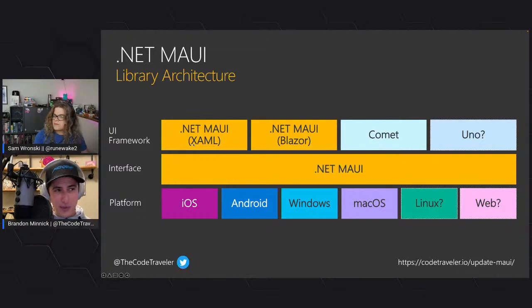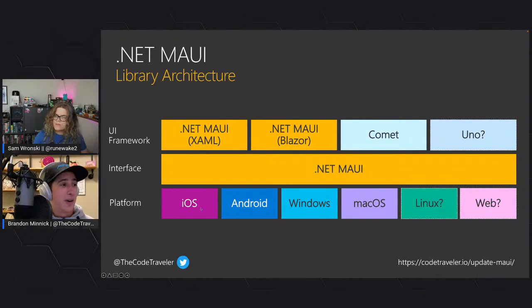That's where your collection view lives. That's where your buttons live. That's where your labels live, your colors, all that stuff that you're going to write, or that we're going to write in our code that's going to appear on the screen. All that still is here, but what the team did for .NET MAUI was add this interface layer that essentially allows the UI framework, so all that XAML, that MVVM code that we're familiar with in Xamarin Forms, that still exists, but it doesn't have to know or